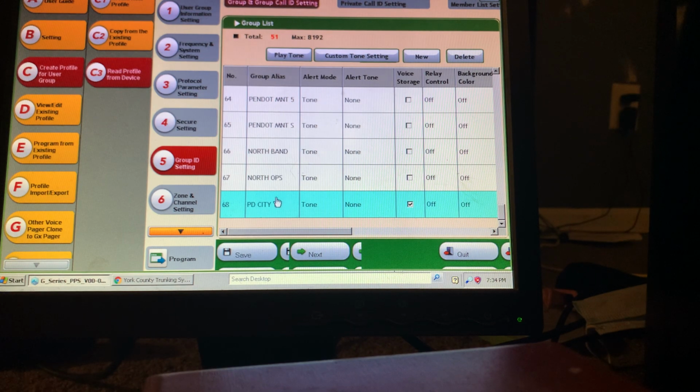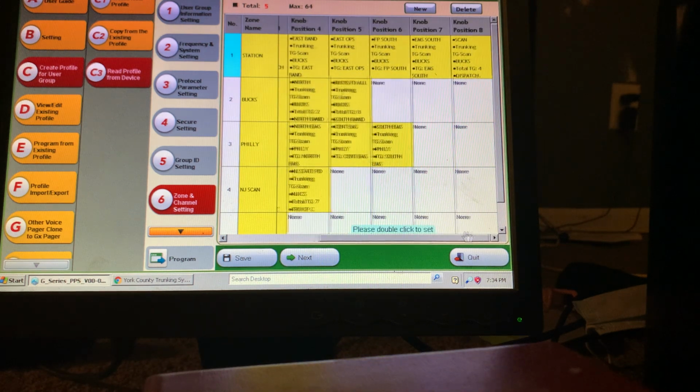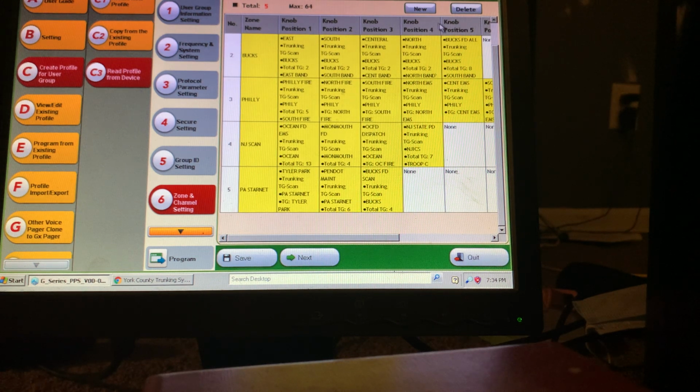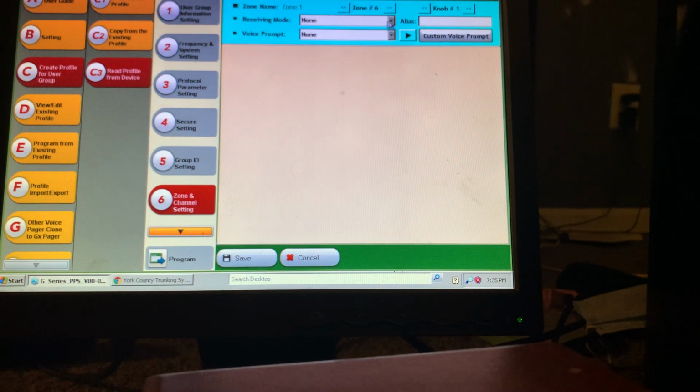So once you set up all your talk groups, go to zone and channel settings, tab 6. And I already have mine, but what I can do is go to here and add a new zone just for that. You can put that as York. That's the zone name. And over here you double click on knob position 1. And you go to